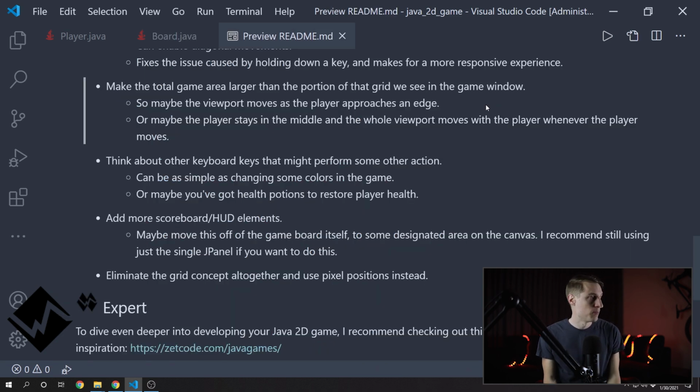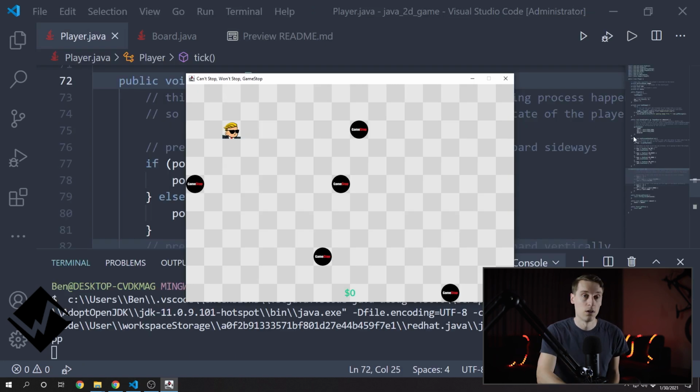Alright, what's this next one? Make the total game area larger than the portion of the grid that we see in the game window. So right now, this grid is our entire world inside the game. But you can imagine this world expanding to the left, to the right, up and down from what we see